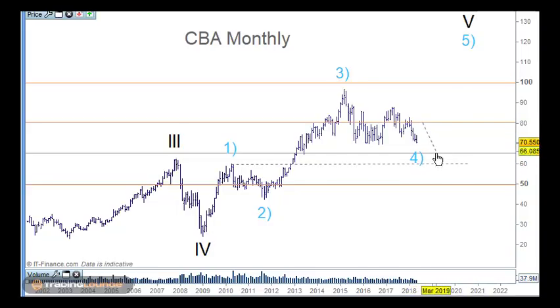So it's fine for it to move down into the 65 level, medium level here, and then move up from that point. So I'm thinking while this is continuing to move down through here, then Rio and BHP and Vale will continue to the upside to finish. But once they top and this one bottoms here, then we'll see that turn in the bigger picture, because we're still 5 waves short in this space here. So this move down through here, we can look at this as a wave 4, pretty much as an A wave, a B wave, and a C wave moving down here.